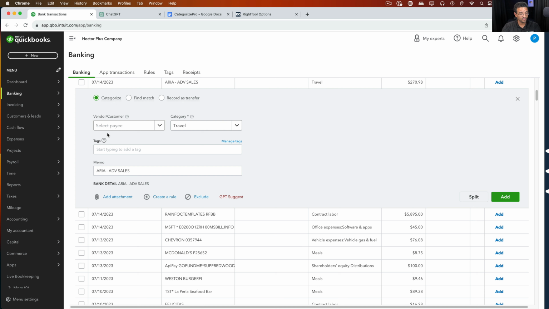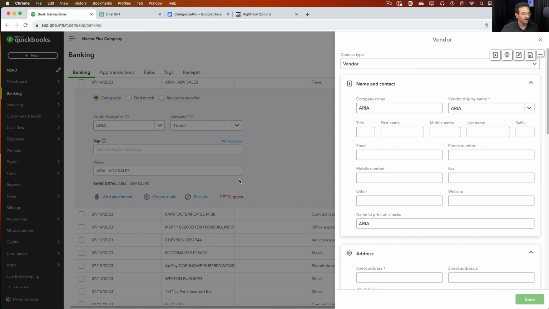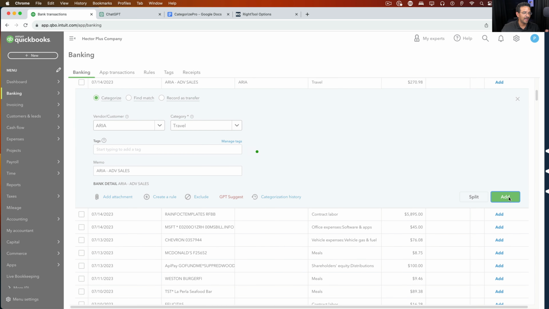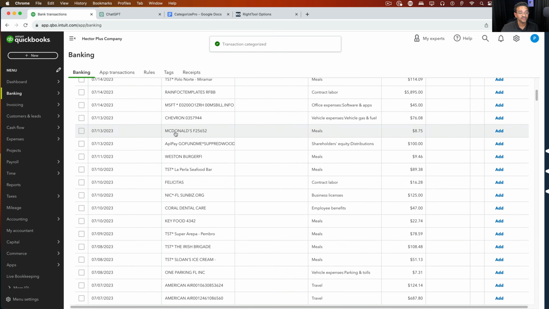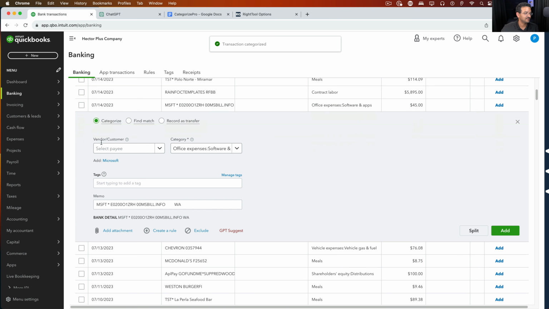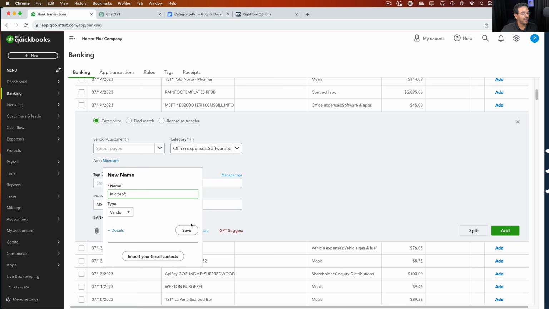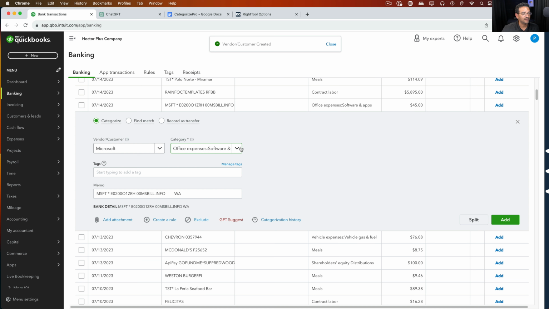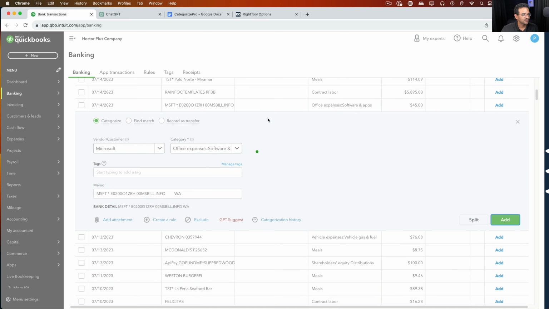My recommendation is you should always create a vendor. So in this case, since it wasn't recommended, I'm just going to create my vendor for Aria and put it in there, and maybe I can click on add and accept that. This is going to be much easier when QuickBooks fixes this issue, where it suggests to add the vendors for all the transactions, not just some random transactions. But in this case, I can just click on add Microsoft. And again, another scenario where I'm happy with the suggestion that QuickBooks gave, software and apps. Sounds about right. Microsoft, software and apps, that's good. So we click on add.